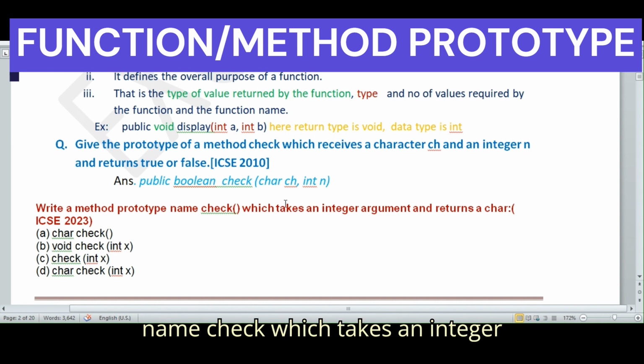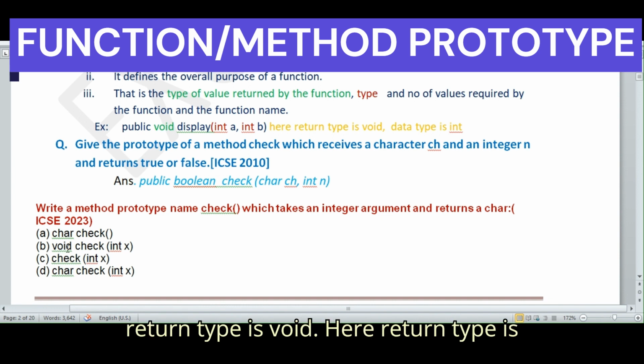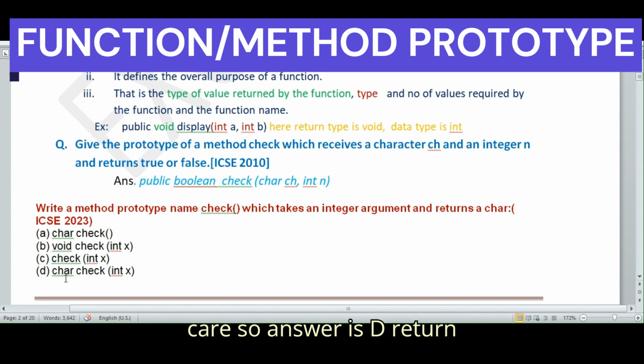Which takes an integer argument, that means it is int x. So B or D. And returns a char. Here return type is void, here return type is char. So the answer is D. It takes an integer argument and the function name is check.